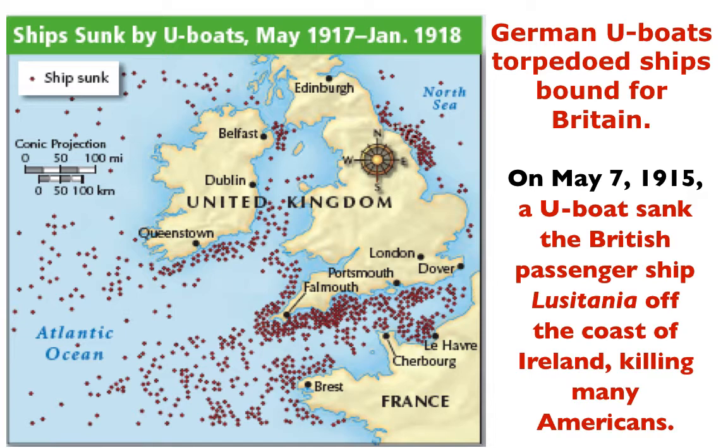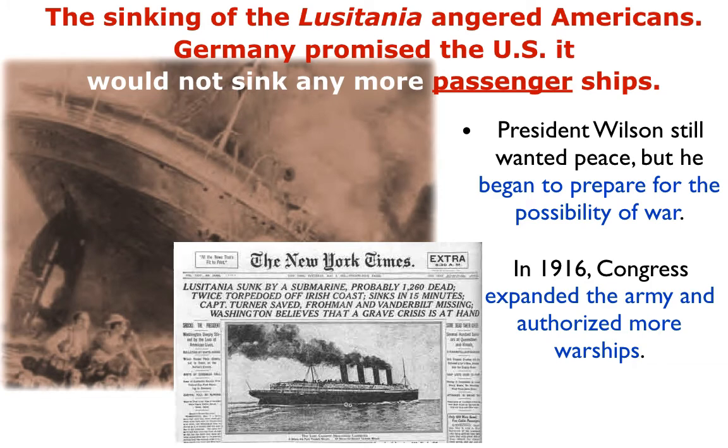And sort of the pivotal moment here is in 1915, when a German submarine sank a passenger ship called the Lusitania, which had roughly 1,200 people on it. And what ends up happening as a result of that is, and this is one of those messed up things they don't tell you in history textbooks,